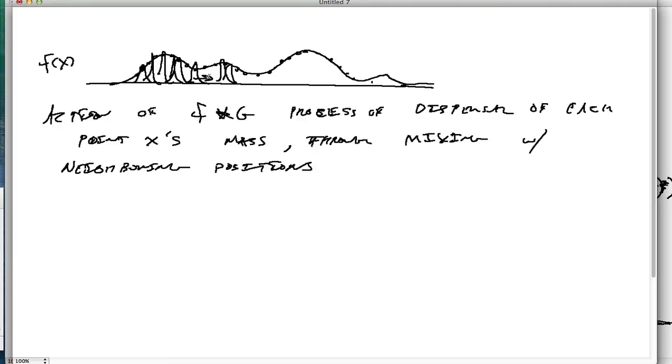So there's going to be a little diffusion from this little point mass, and from all of the point masses, and they all start sifting and shoving around. Here, this mass is going to be sharing mass with its neighbors,